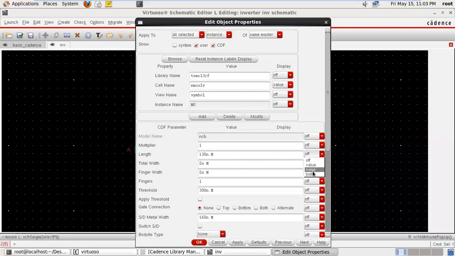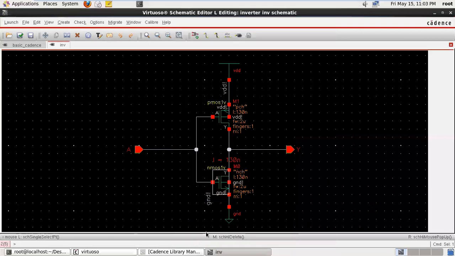When you select both, it will represent the length, the particular model name as well as its value. When you place this, it represents L equal to 130 nanometer. So using this edit property, we can add the property of a particular component.